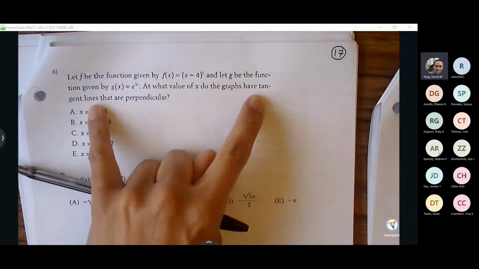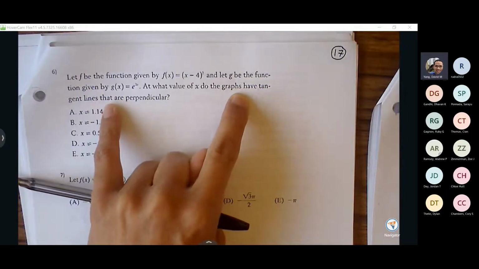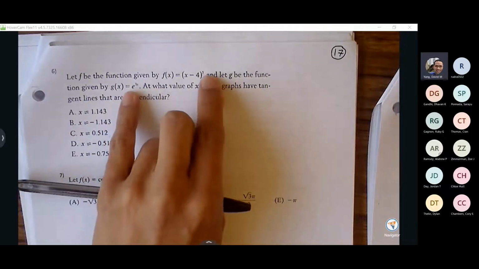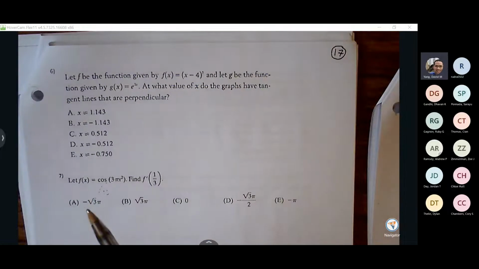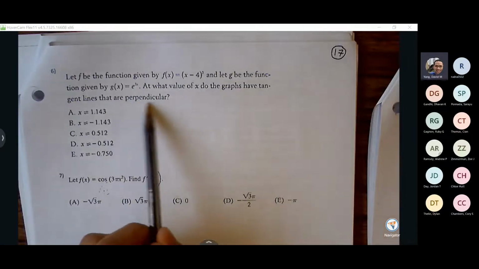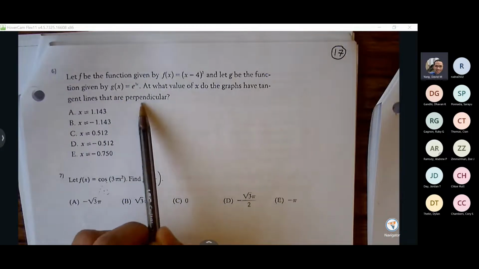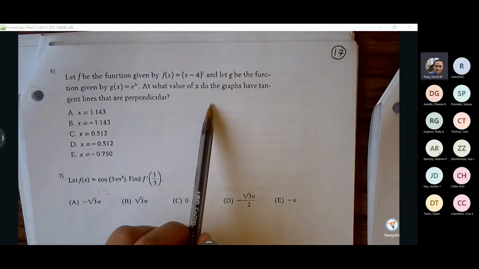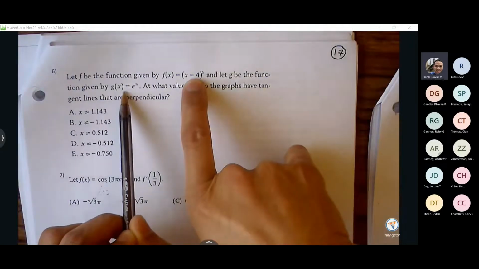So tangent lines that are perpendicular, that means we want to figure out at what points the slopes are going to look like that, where the slopes of the tangent lines are going to be perpendicular, or where the slope is going to be opposite reciprocals of each other, right? So for instance, perpendicular would be slope of 1 versus slope of -1, right? So we're going to set up that situation